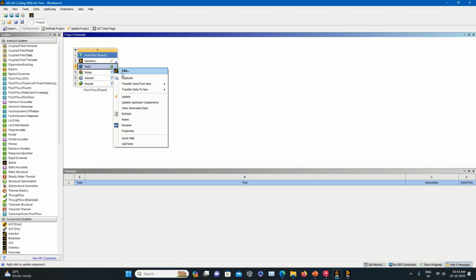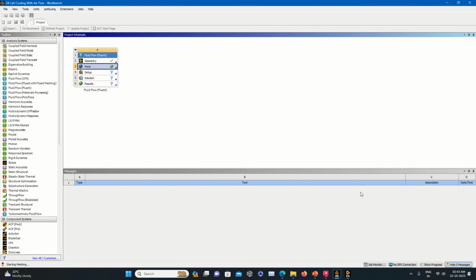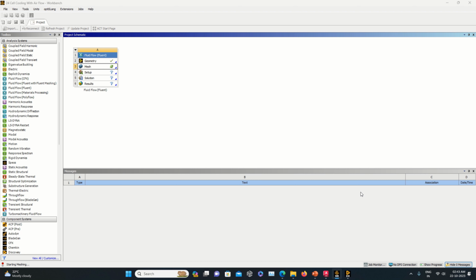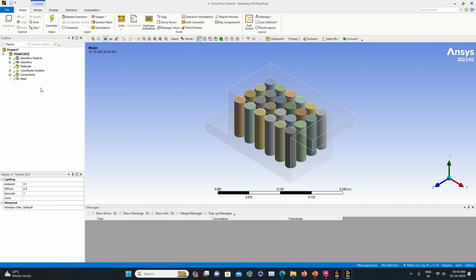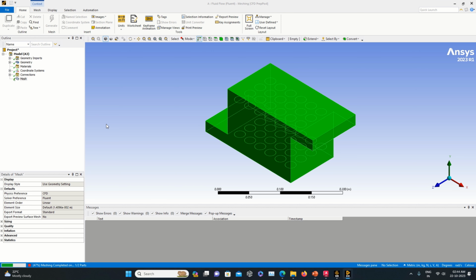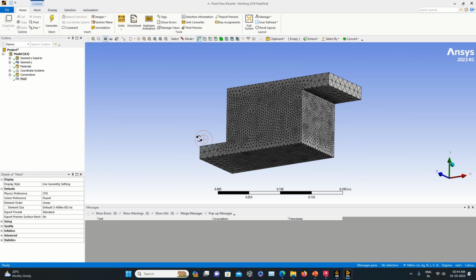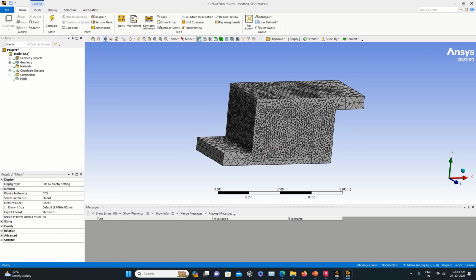So let's proceed with the next part that is related to your mesh. So meshing is important, and simultaneously how you are giving the name selection over there, that is also important so that we can apply boundary conditions later. So let's generate the default mesh as per the understanding of your computer. If you want, you can further modify it also. If you find it somewhat not good, you can definitely modify it, but as of now I will